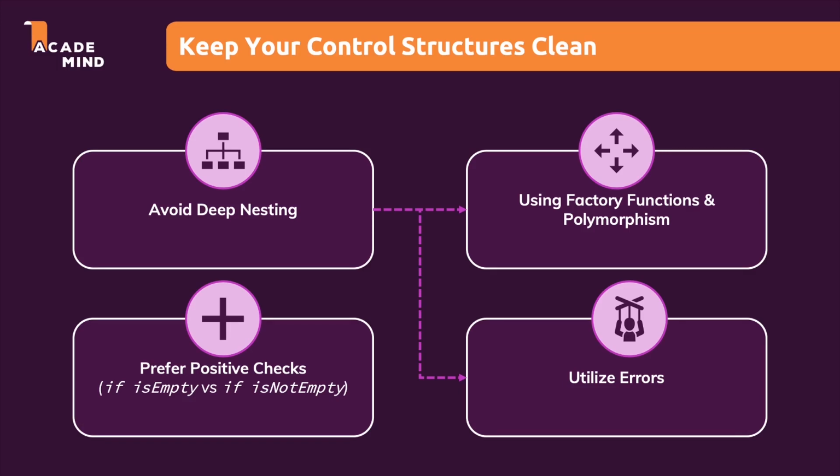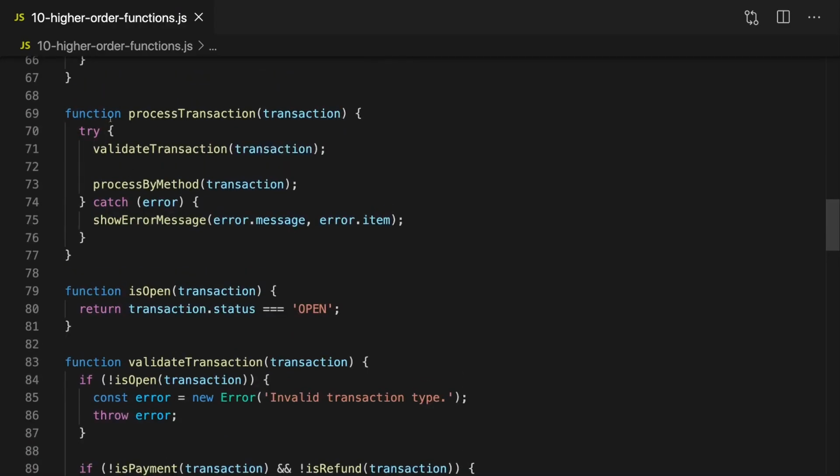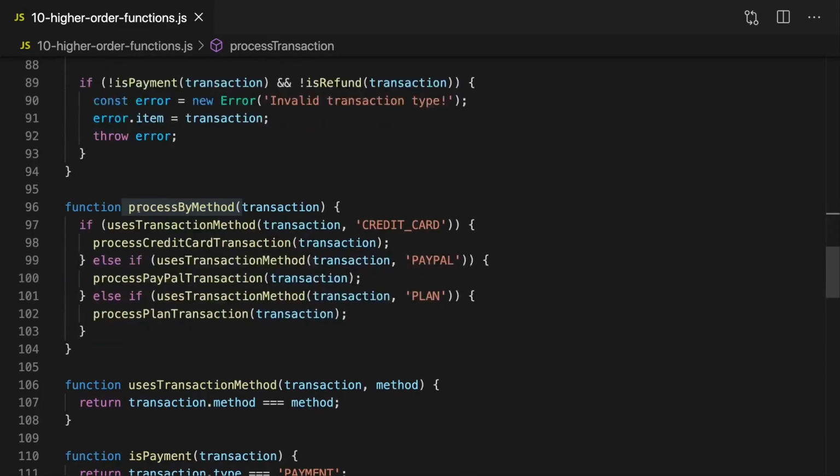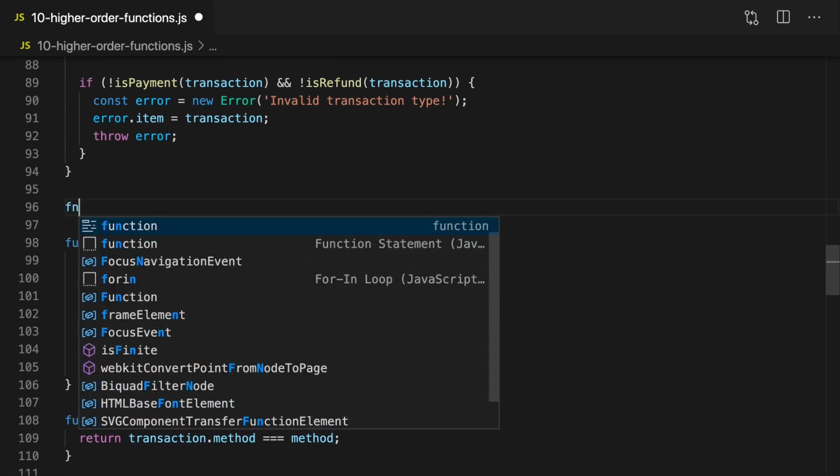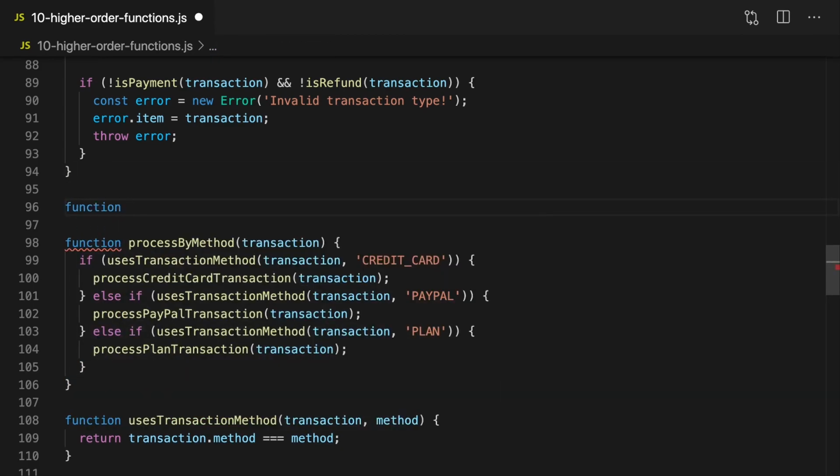We're going to write a factory function which creates an object which always will have the same structure, but then different code that executes under different circumstances. Let's go up to the process transaction function again. Here I call process by method to then trigger this function. Now I will replace this function. So we'll add a new one and soon delete the old one. And I will name this function